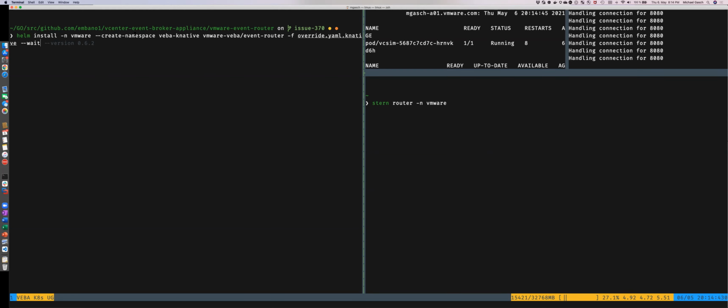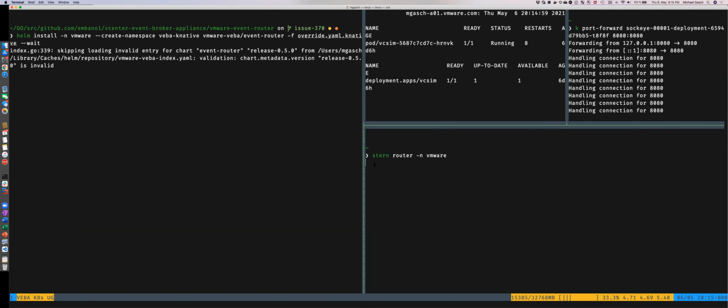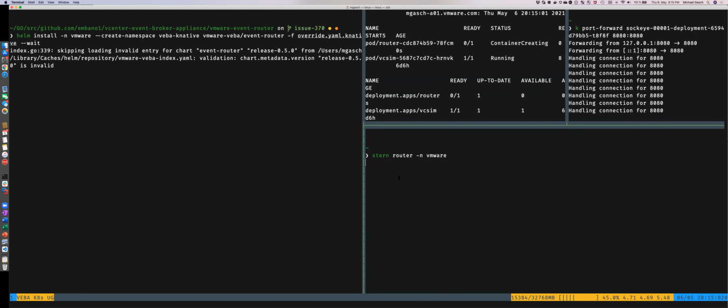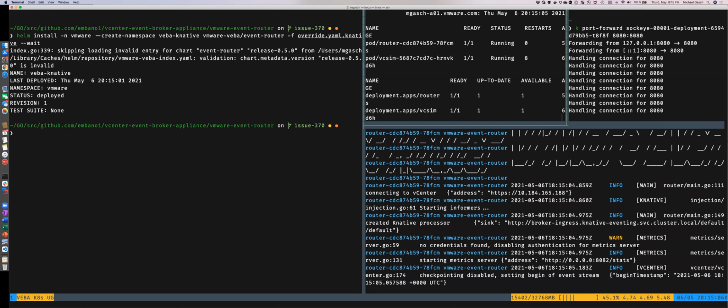And then here on the right, let me just zoom out a little bit because I zoomed too much. In a second, you will see VEBA actually coming up. And here's the logging trace that I'm running. So the container is being created right now. The log kicks off, so it actually looks pretty good.